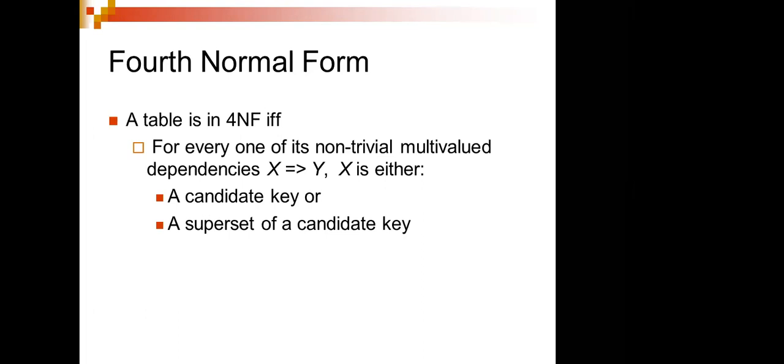That means there are some keys. So we have roll number, name, phone number, contact, like this. We have a lot of keys. So when I'm trying to map, or if I want to arrange in the fourth normal form, it says that any one of the columns should be a candidate key or a super key. If you remember the definition of the candidate key and super key, then it is very easy for us to move to the fourth normal form.